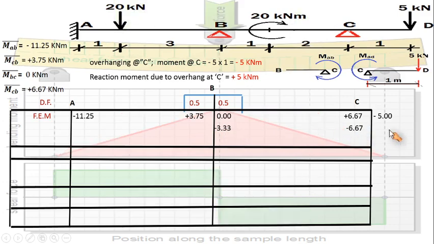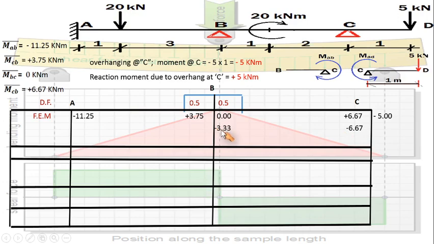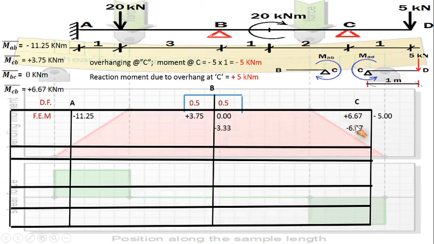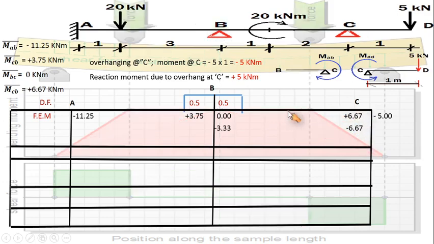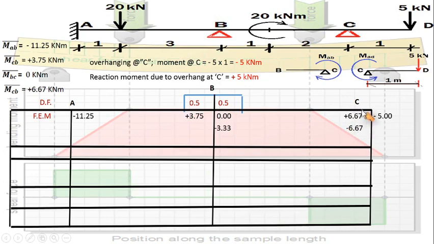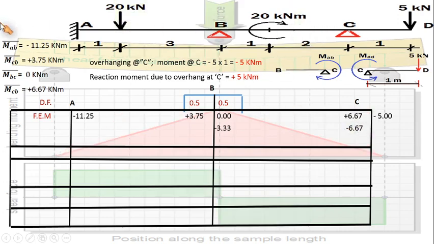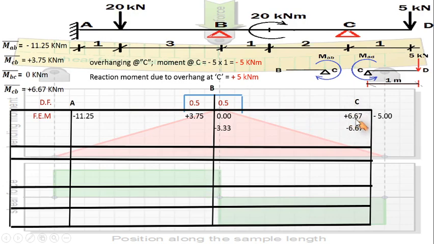So this divided by 2, we are getting minus 3.33. So this is how we have made the moment for CB equal to 0. Is it okay? So here MCB for this continuous beam ABC has been made equal to 0 about point C,